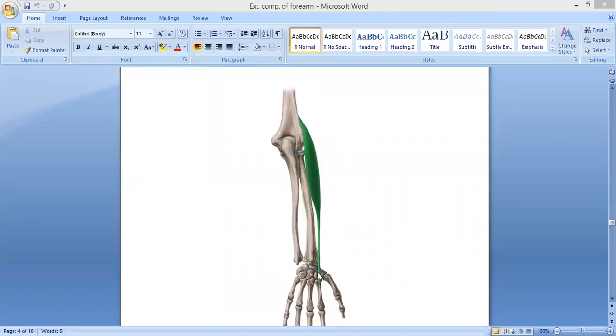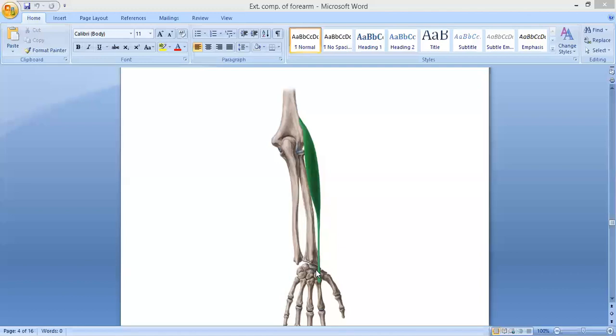Do you remember? Where does the flexor carpi radialis attach? On the anterior aspect of the base of the second metacarpal. And when these two muscles contract, what will they do? They will lead to the abduction of the wrist. So the extensor carpi radialis longus and brevis, along with the flexor carpi radialis, are responsible for the abduction of the wrist, right? So the action of the extensor carpi radialis longus is the extension and abduction of the wrist. Now we'll talk about the extensor carpi radialis brevis.